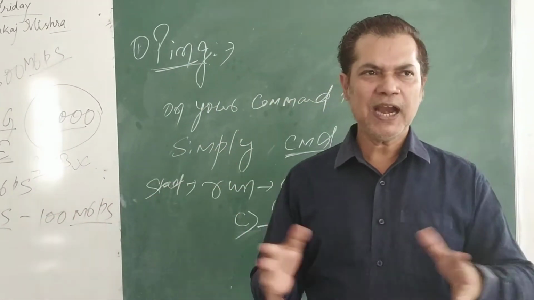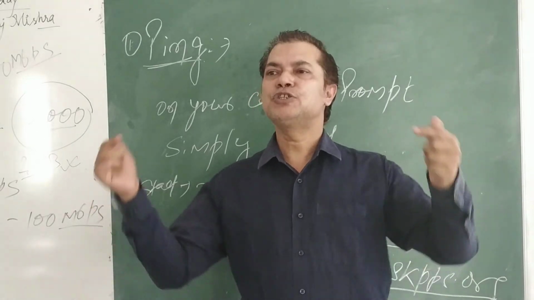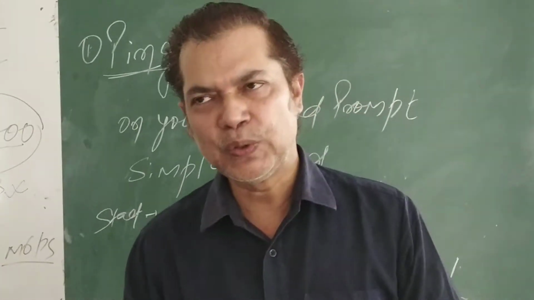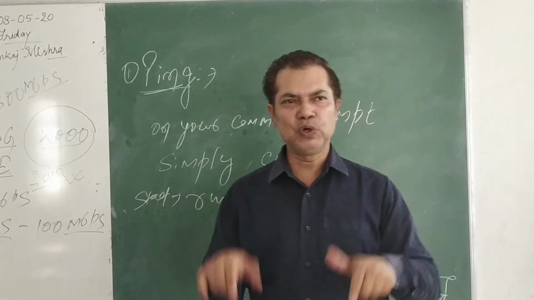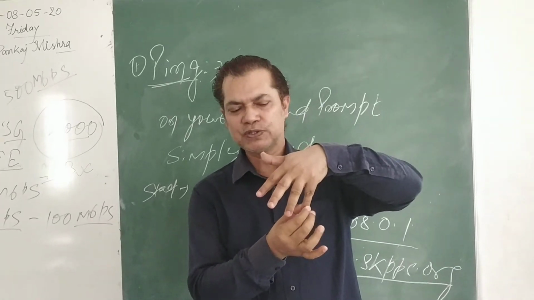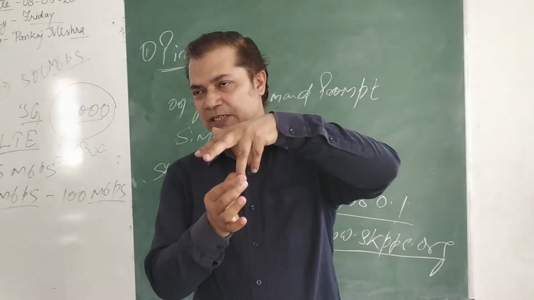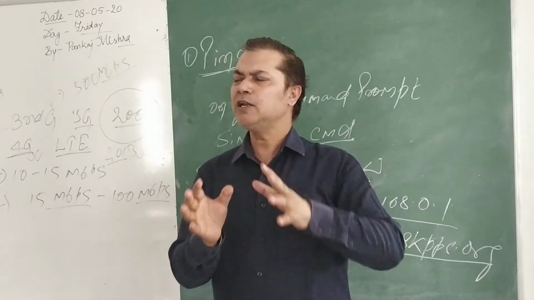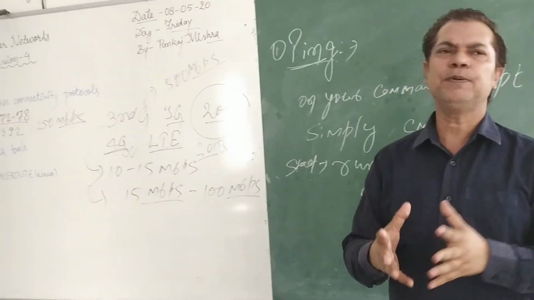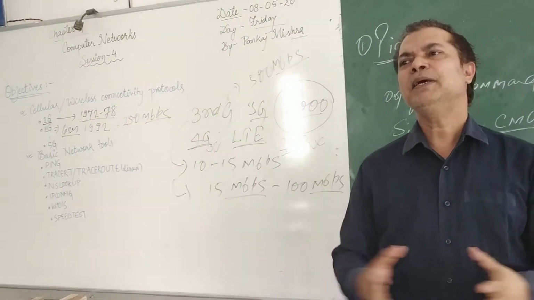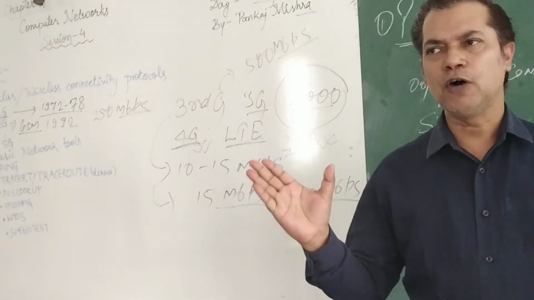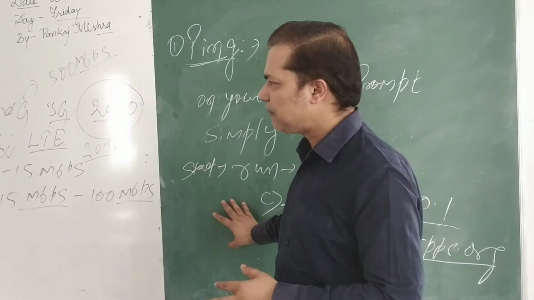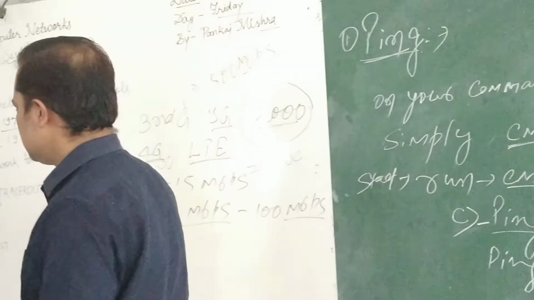It means if you had been given an IP address for your individual node in a network automatically by the DHCP server, you will come to know. If you had a manual IP address, you will come to know about that. So it will let you know the IP address of yours, the DHCP server name, DHCP enabled or not, MAC address of your computer, and all details that are required. That's why the command is ipconfig. Config means configuration, means Internet protocol configuration of your computer in a network can be known by simply typing ipconfig at the command prompt. Next command is